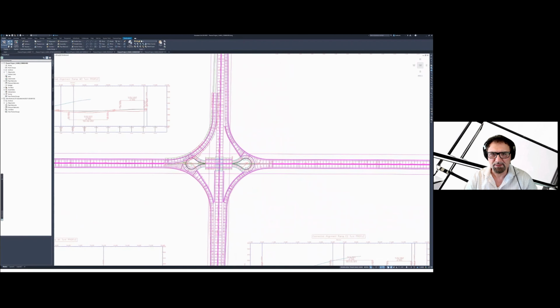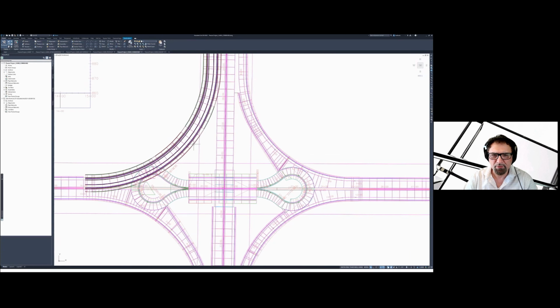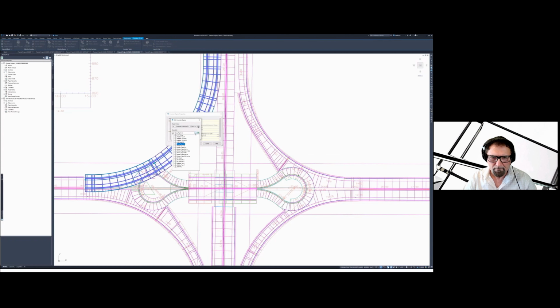I'm going to show you something else here as part of this little exercise. Of course, we're going to change the assembly. So I like to go to modify region and control the region properties where I click inside that region, and I'm going to change the assembly where it doesn't have, this is LT, no left shoulder. Also the target.